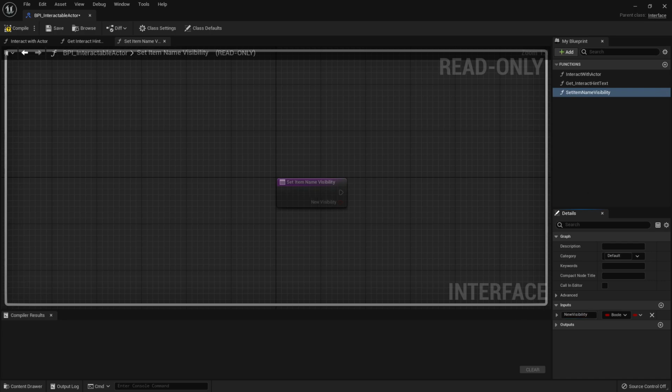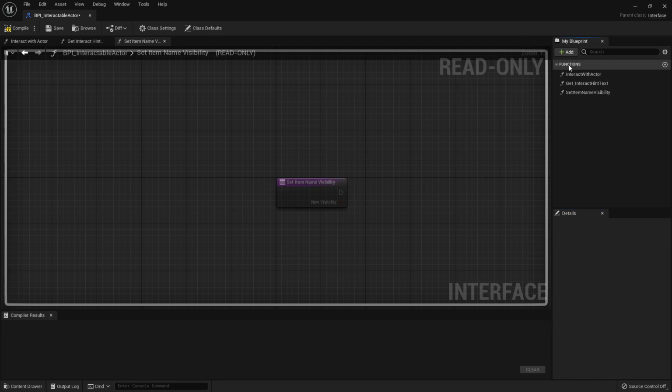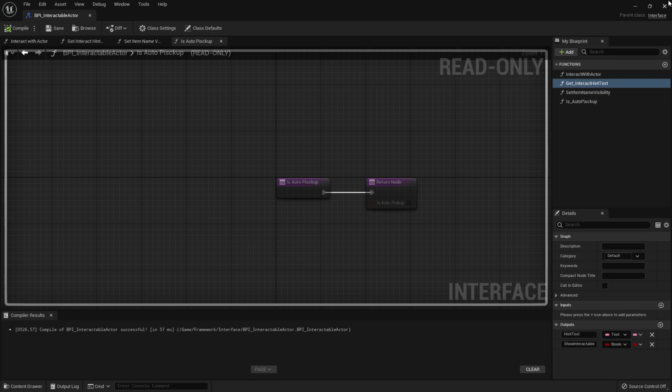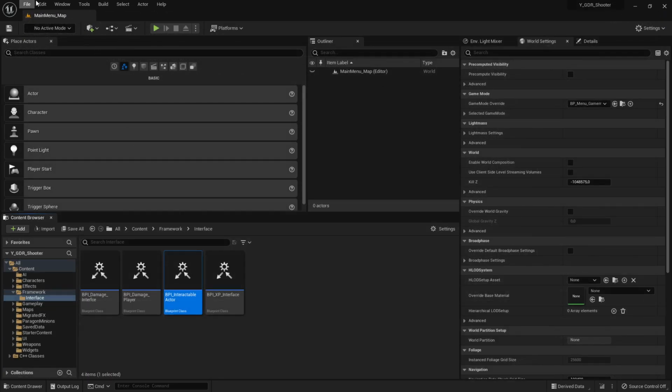And the last function we're going to add, and that's a new one if you are already using the interface from the inventory project. So, we're going to call this is auto pickup. So add a new function, is auto pickup. And this one needs one output, and that's going to be a boolean, and we're going to call that is auto pickup. So if you had the interface already, this is a new function, and for the get interactable hint text we have two outputs now, so we added a boolean in here. So we're gonna compile and save, and first of all let's dive into our project settings,